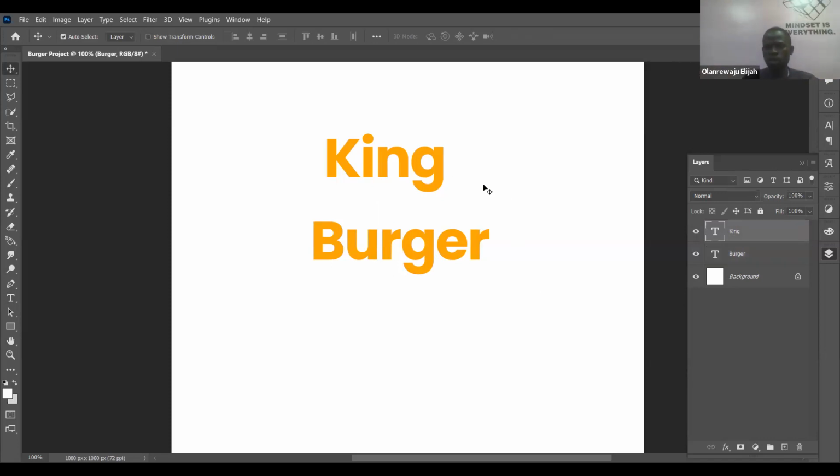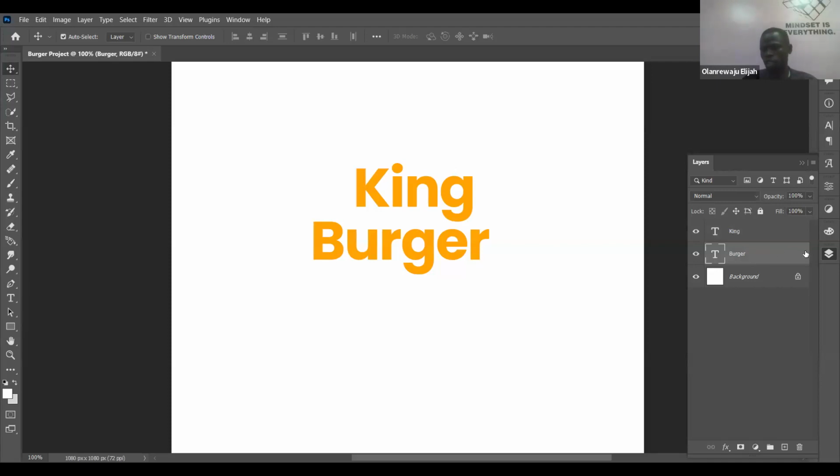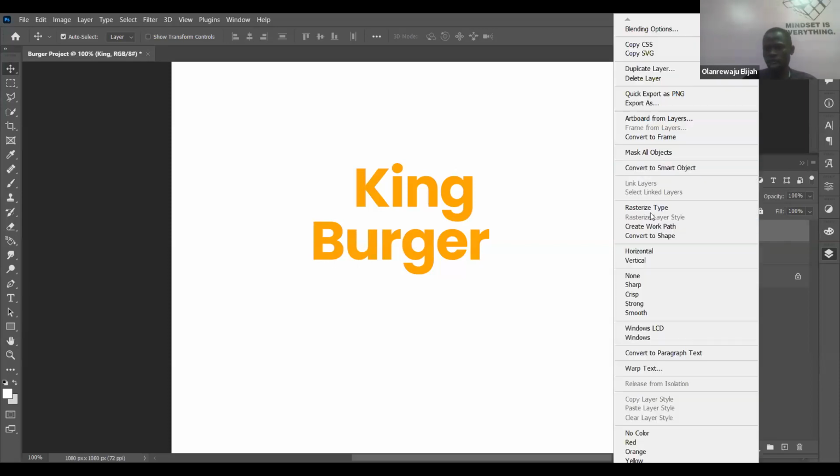Let me show us something. Can you see this guy now? I want to put it inside this guy, inside the burger. So what will I do? I will go to my layer panel and select that particular layer, which is king. You can see that it's highlighted now. If I click this one, you can see that the color has changed, right? Now I want to make this king to be inside the burger. What will I do? I will right click on that particular layer, which is king. Right click on it. Then what? Where is it?